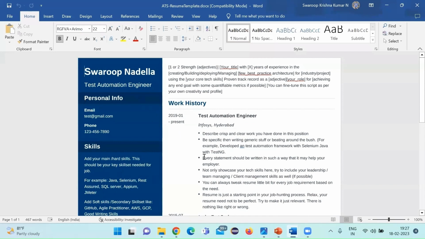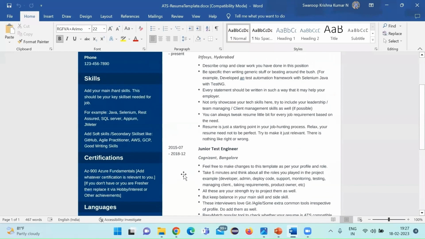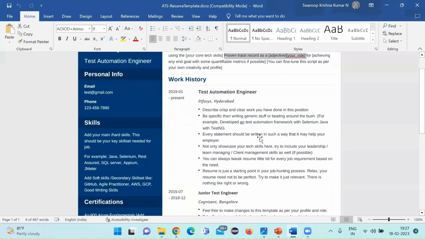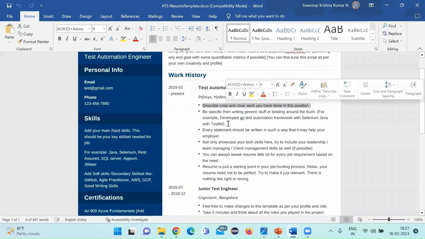So this template also I'll share with you. You can also update it if you want. Include it with 1 or 2 pages. So if you want to increase the font size also, you can increase here. So this is having a very detailed tips also here. So if you see, describe risk and clear work experience for the position,